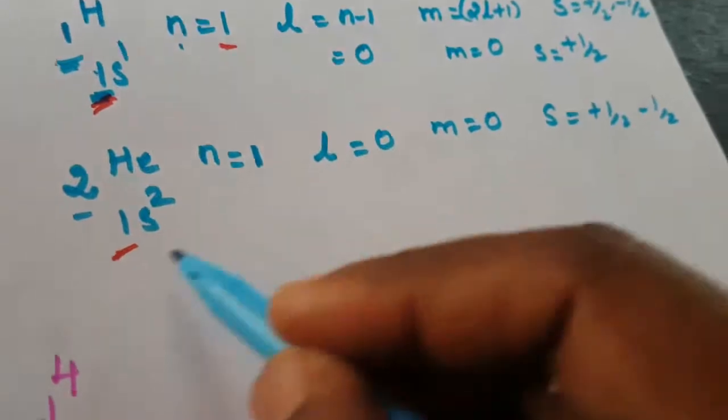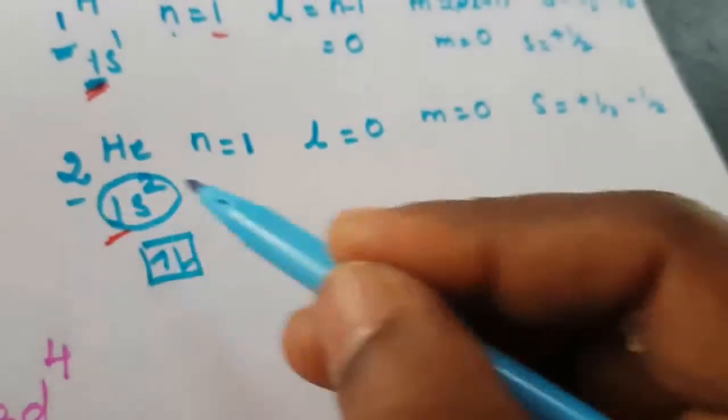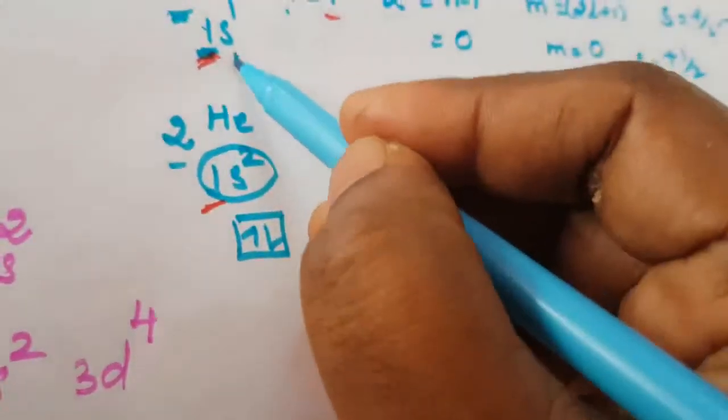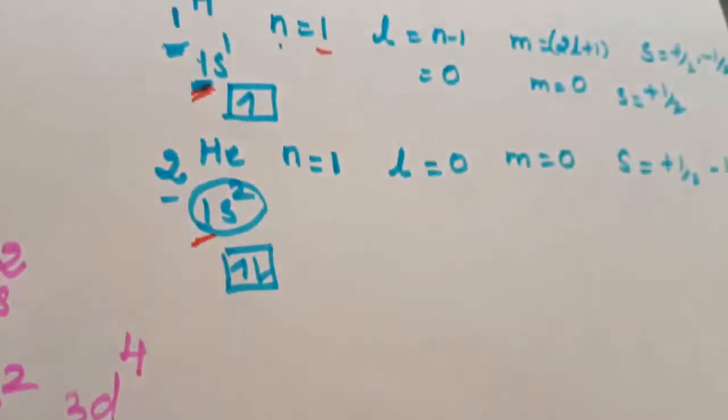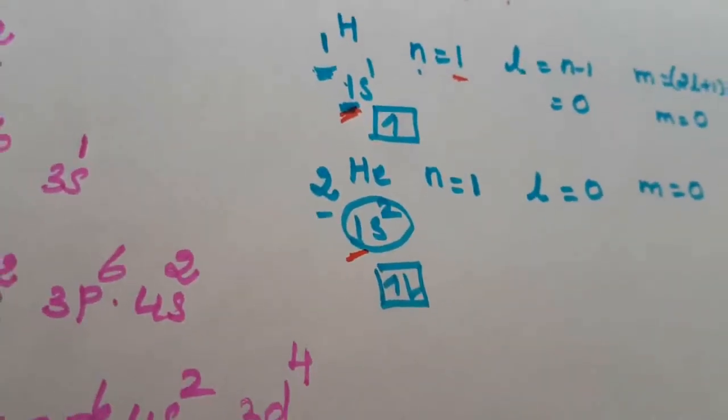The S orbital containing 2 electrons means here there was only 1 electron before. This was already told: an S orbital can contain 2 electrons. So here, with only 1 electron, the S orbital contains only 1 electron. Here 2 electrons means that is 1 and 2. Okay, this is another one.